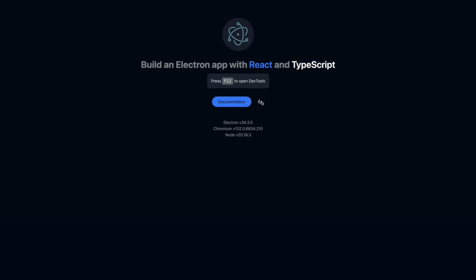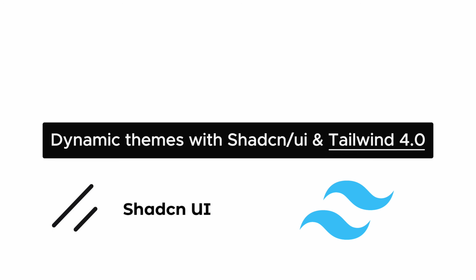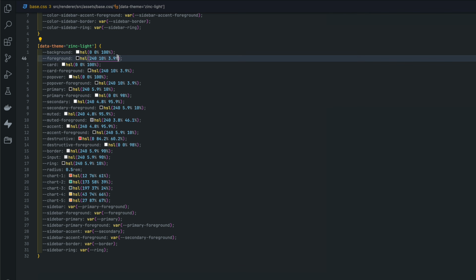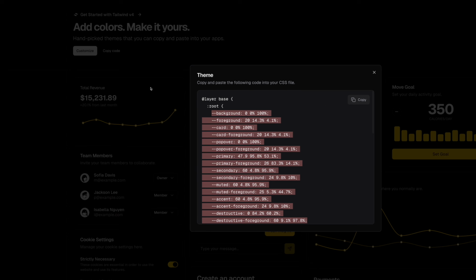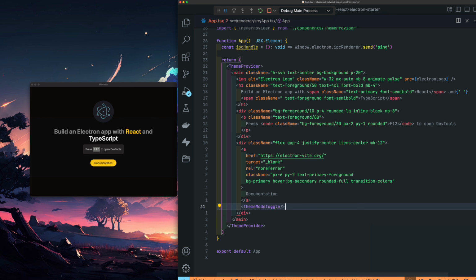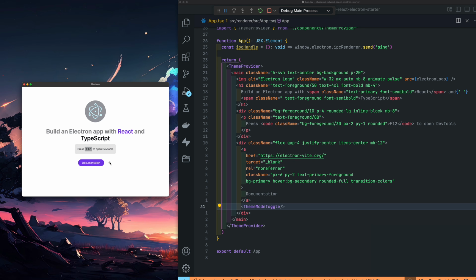Do you want to add toggleable themes to your React 19 application? In this tutorial, I'll show you how to implement dynamic themes with Shadcn UI and Tailwind 4.0. I'll walk you through the entire setup process, then demonstrate a cleaner, simpler theming approach than my previous method. Whether you're building a new project or upgrading an existing one, you'll learn how to create a seamless theme switching